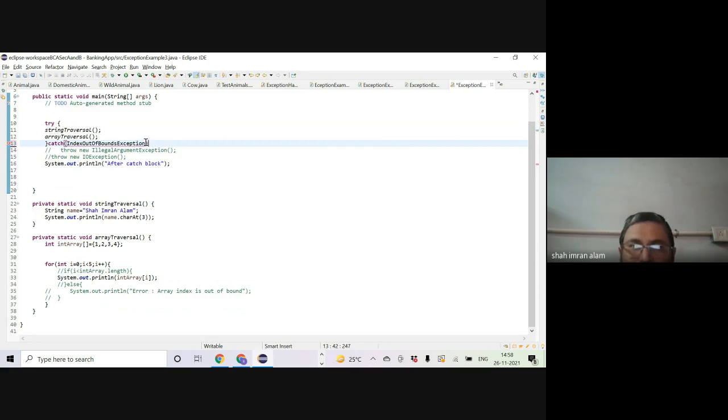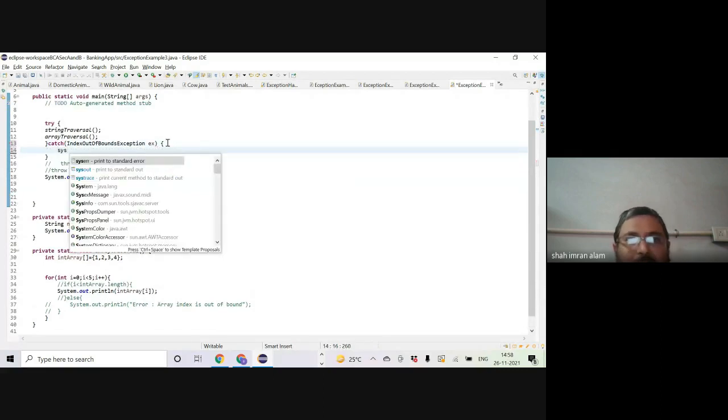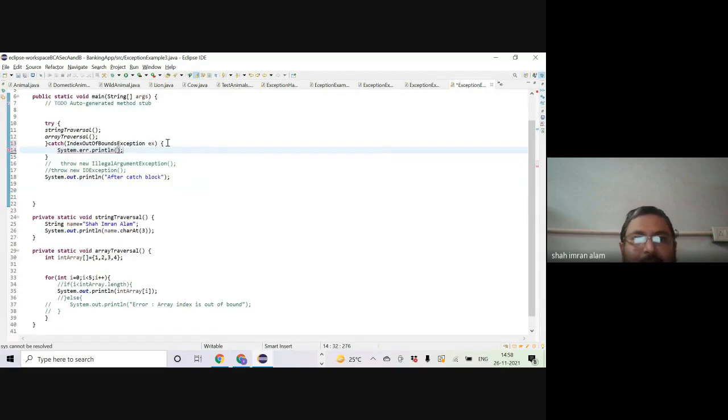Okay, and let me see, the name of the variable which is holding the object is ex. System dot error: index error in the catch block. Okay.